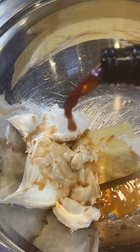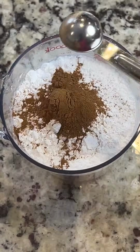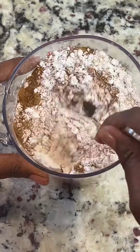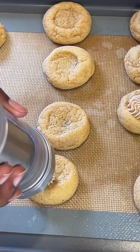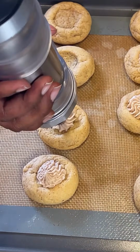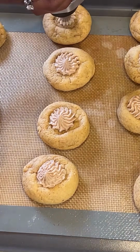For the icing, you're going to need some butter, some cream cheese, some vanilla extract, and give it a good mix. Now mix up some powdered sugar and a lot of cinnamon, and then add your sugar to your cream cheese and butter. When I tell you these sweet potato thumbprint cookies with cinnamon cream cheese frosting is everything, baby,